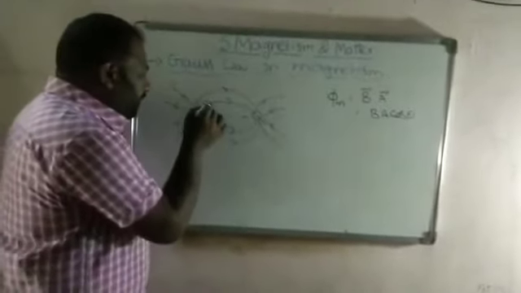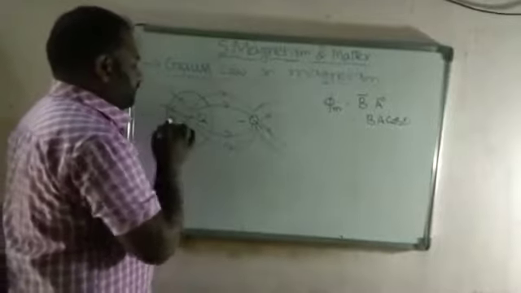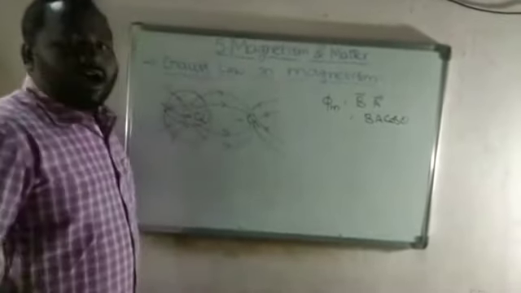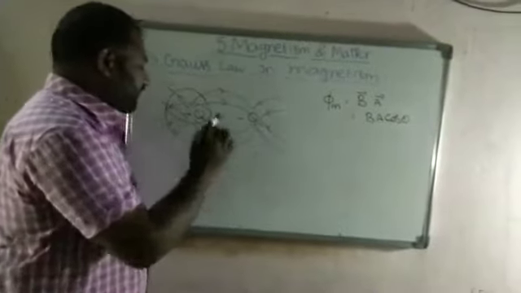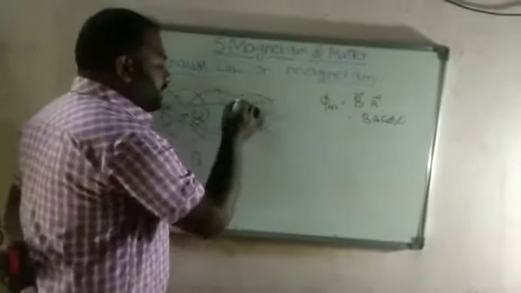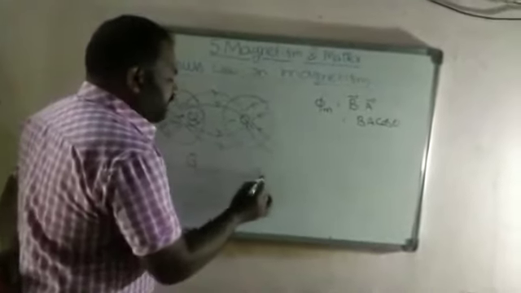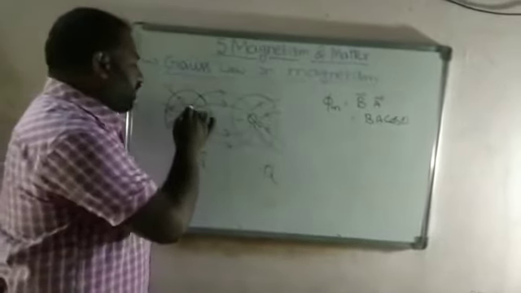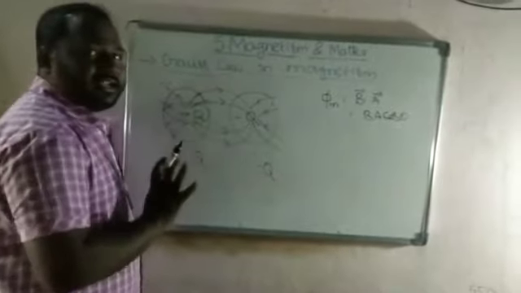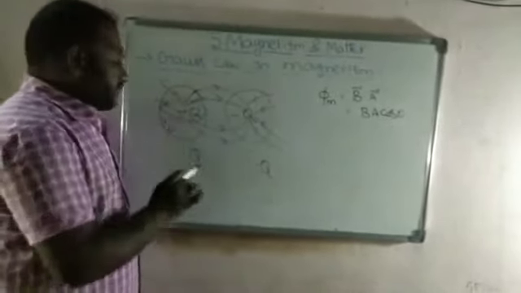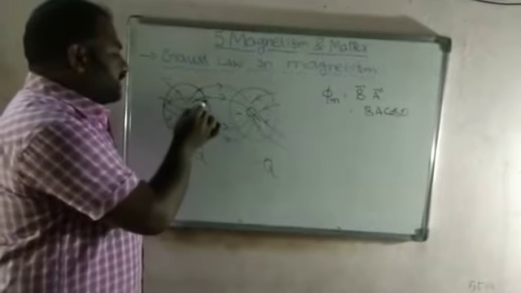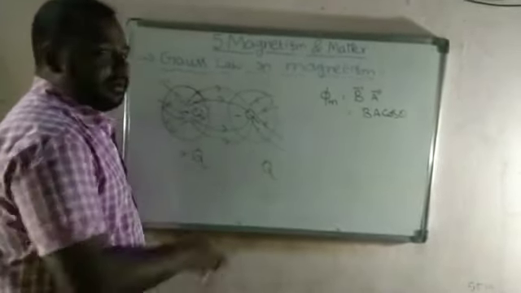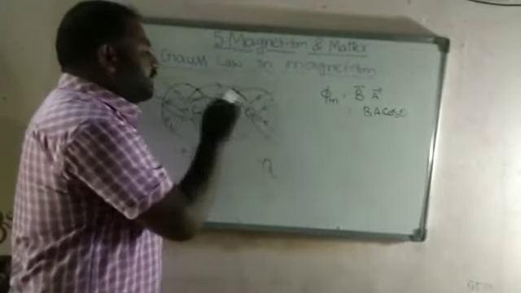So for example, if I consider this Gaussian surface, how much charge does it enclose? The enclosed charge is Q. Similarly, here I consider a Gaussian surface. How much charge is enclosed? Minus Q. So whenever you observe this closed surface, all the lines are leaving. There are no entering lines, only leaving lines can be there. Then the total charge enclosed by this Gaussian surface is nothing but plus Q. Here all the lines are entering into the surface.